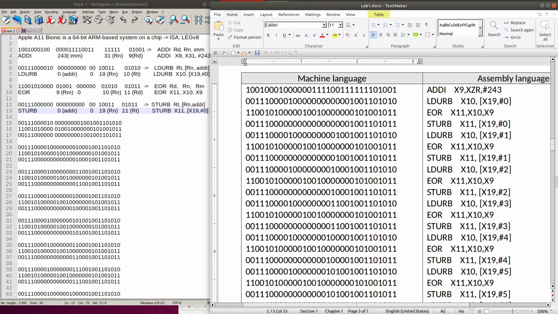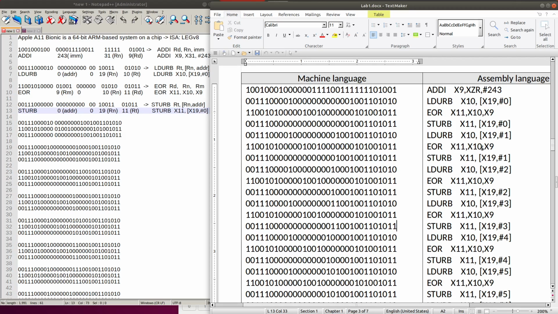Similarly, we have the next 3 instructions. They do the same thing, but load from address 1, exclusive OR with this value 243, and store into X11.